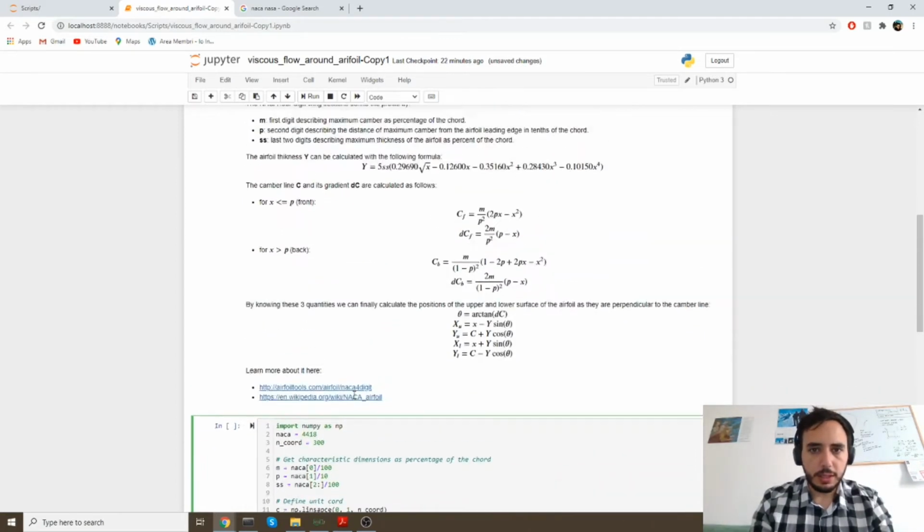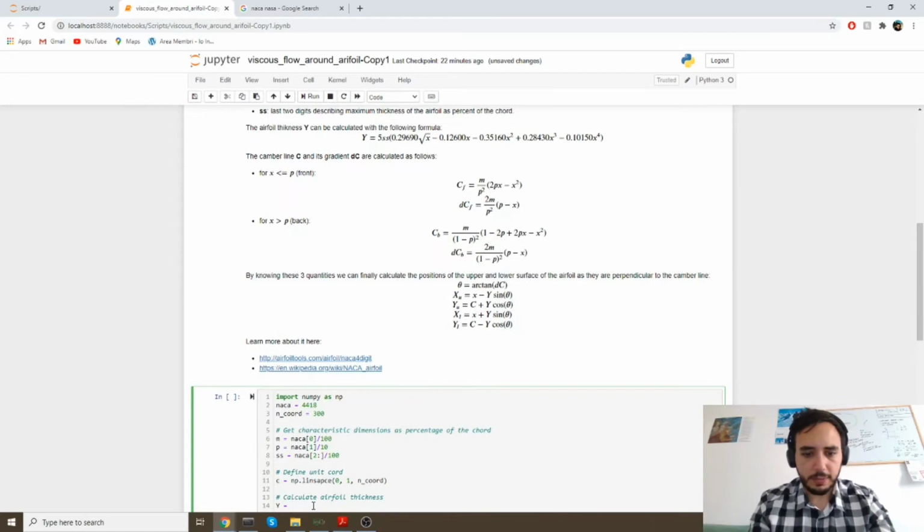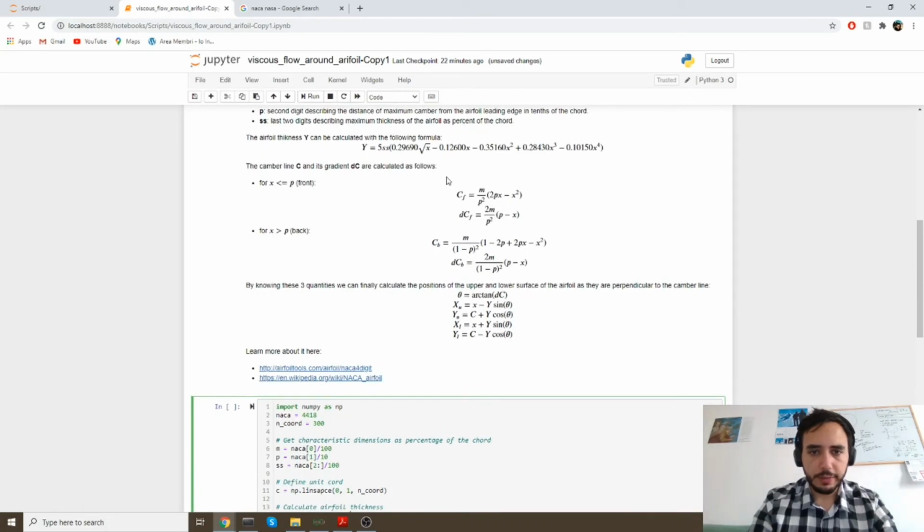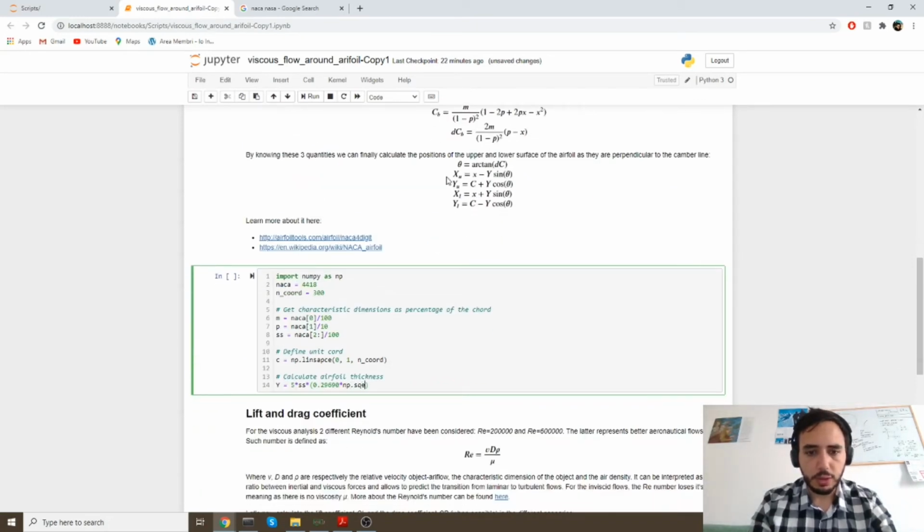So again, keeping this in mind, we know it's 5 times SS times parenthesis 0.2, I'm going to read it from my notes, 0.29690 times pi, and here we have a square root of x, so numpy dot sqrt of c in this case, because x is equal to c for us, and minus